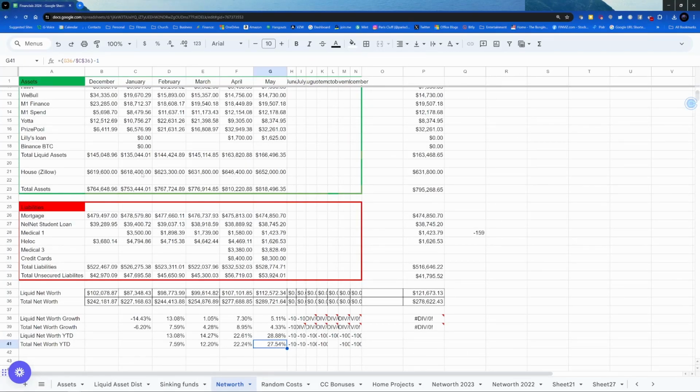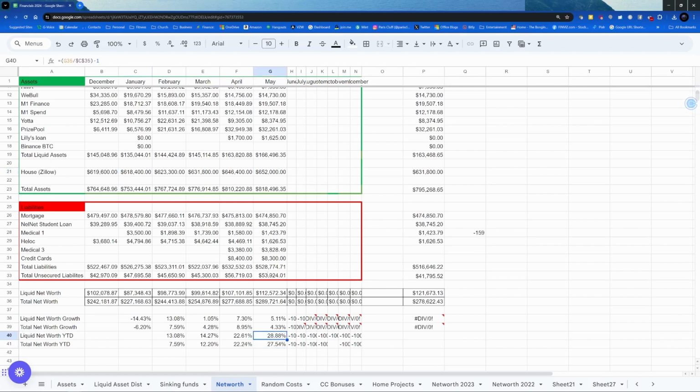Now, a lot of that has to do with the market. I grew probably 40, as you can see up here, just from my mortgage and my house value. Just from the value of my house, you can see that I grew almost $40,000 just from that. So that's another reason why I keep track of them separately, because I don't have any control over what happens in the market, what happens in the real estate market, in the housing market. So it's nice to have a growth there. It's nice to see that grow, but I don't have any control over it.